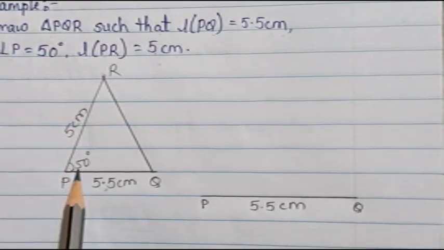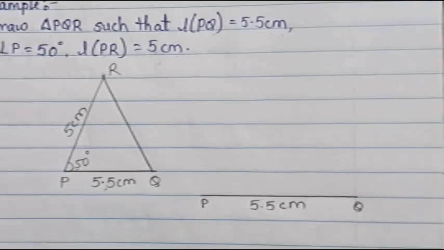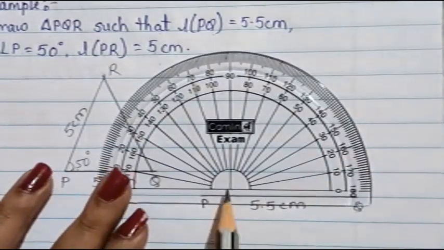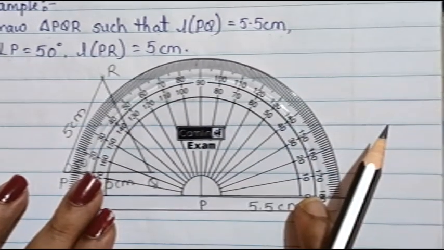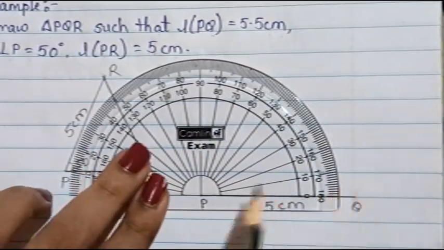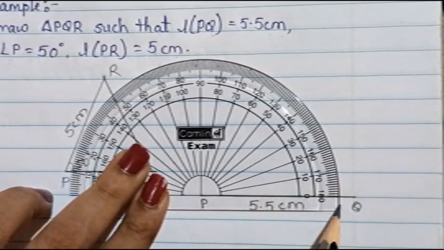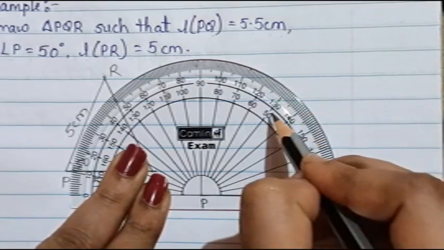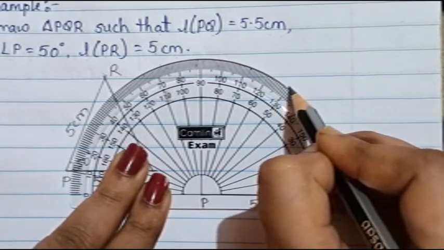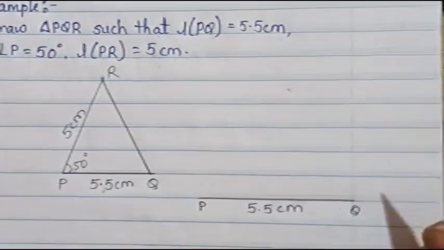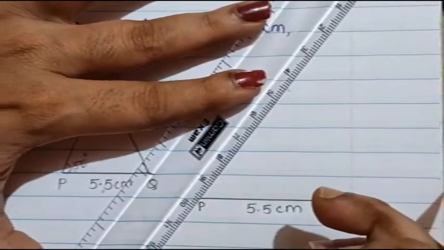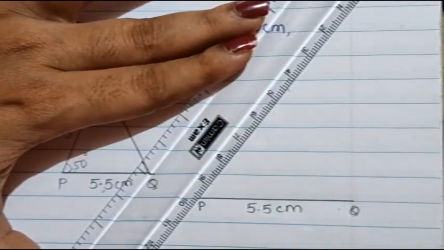The next thing is that you have to draw the angle of 50 degrees. To draw the angle, we are supposed to use the protractor. So we will place the center point of the protractor on point P, with the line passing from this side. It's given 50 degrees, so where is the 50 degrees? Over here. You will put a point here at 50 degrees. Clear? Now I have made a point, and I'll draw a line from point P passing through the 50 degree mark.